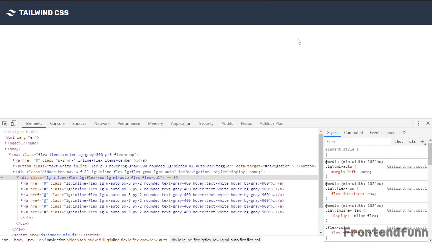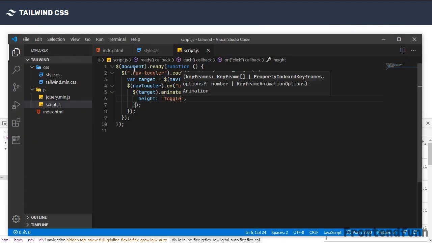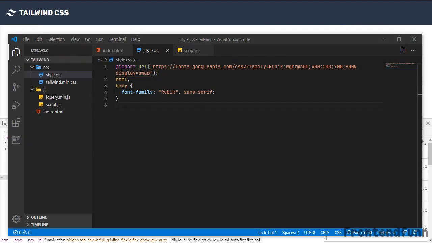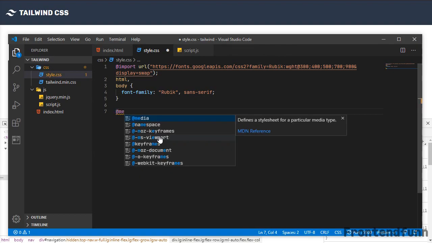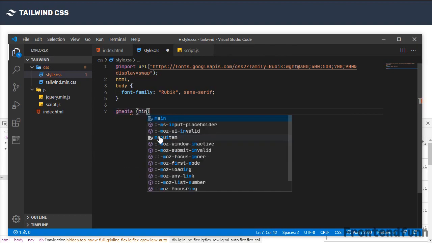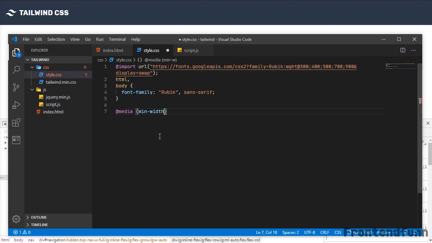Okay, so we need to handle this using a media query. So inside style.css, we need to write a media query, that is @media min-width 1024 pixel,